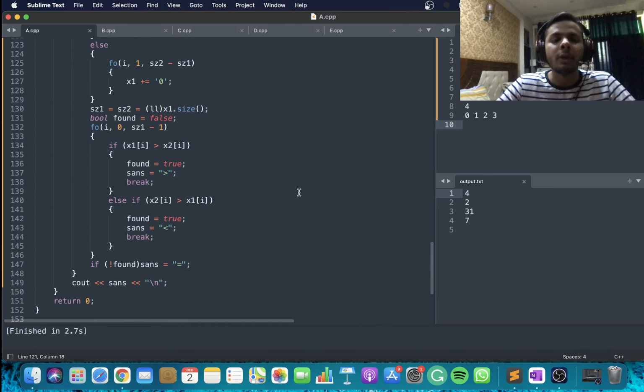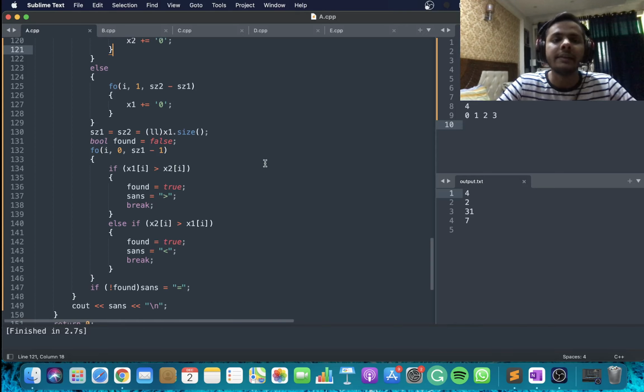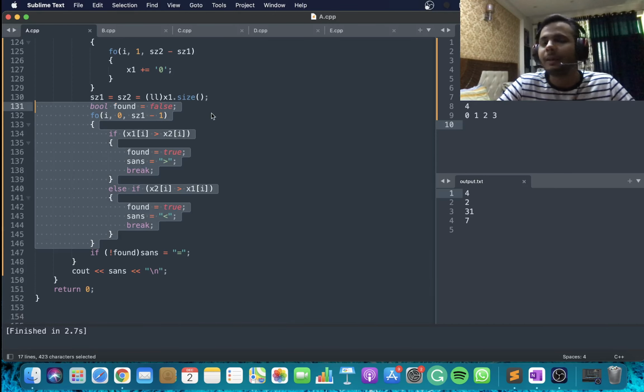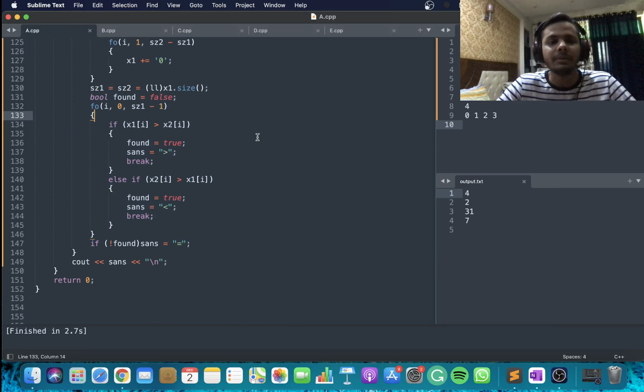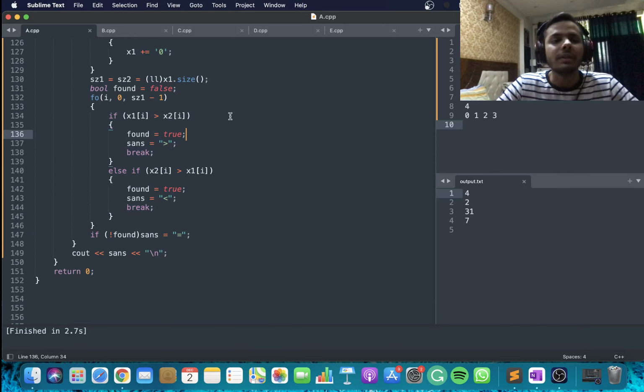and then I can easily compare them. Now, because I know that both x1 and x2 have the same size and the length of both the numbers is the same, the number of zeros is also the same. And if the number of zeros at the end is the same, then I can just discard those zeros. So then I just have to compare x1 and x2, and that can be easily done by just using the compare function in C++ as well. But I don't know why I wrote this compare function from scratch. So now the lengths of x1 and x2 are the same, and the number of zeros at the end is also the same, so you can just discard the zeros and compare x1 and x2.